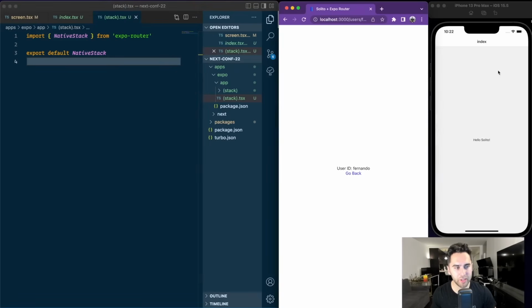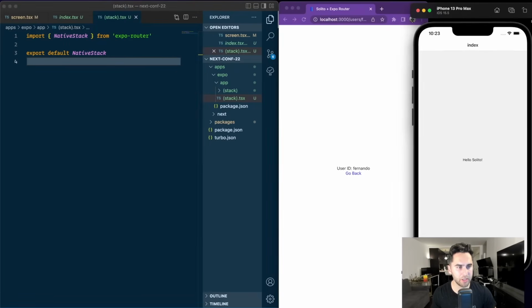Now look to the right here for the iPhone app. I'll make it a little bit bigger. We now have this header at the top. And when I navigate, it transitions in just like a normal iPhone app. It might look a little bit slow here because it's recording, but this is just a fully smooth built-in navigator. It's pretty cool. Let's see how we can add some customizations to this stack, like changing this index name to